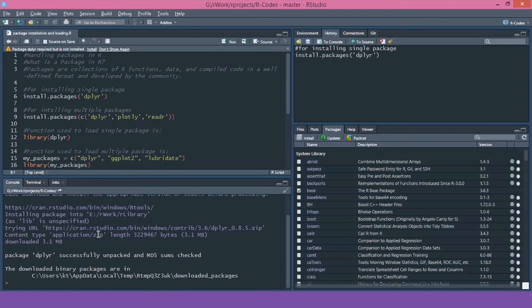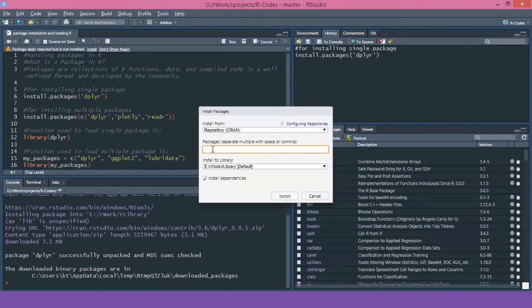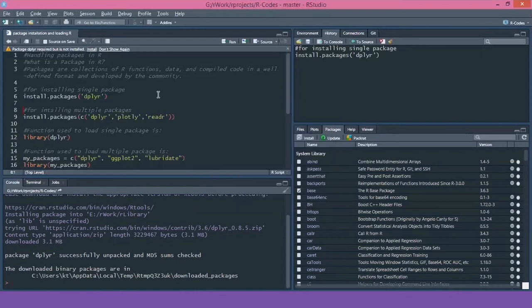The other way you can install this package is there is a Packages tab here. You can click that and there is an option Install. A window will open up and you can write the package name here. So it is dplyr. You can see there are multiple options coming here, and we want the first one, so we can select it and install. For now, I have already installed it through my command, so I am not installing it again.